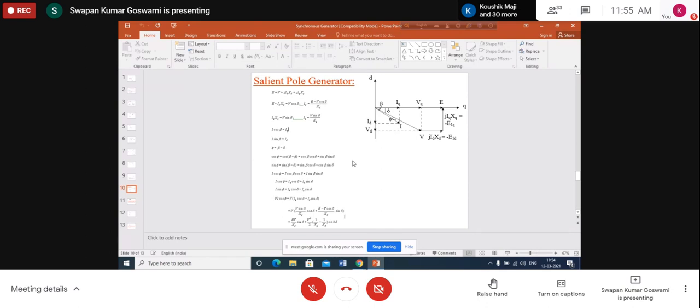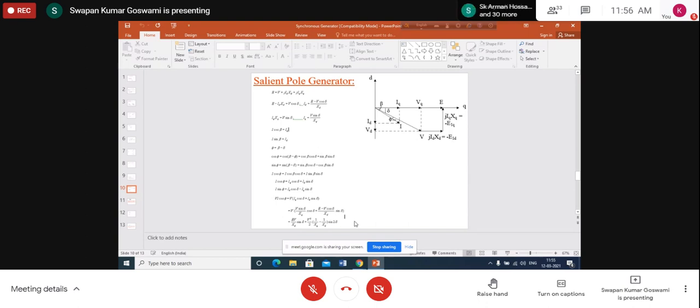Yes, sir. Okay. And the unstable operating zone is more. Somewhat less than 90 degree to 180 degree is the unstable operation zone. So, what is the difference? All other things are more or less the same, but the only difference is that the zone of stable operation is somewhat reduced in case of salient pole type machine. And the unstable operation zone is somewhat extended. তাহলে আমার অপারেটিং জোনটা একটু ন্যারো হচ্ছে, আনস্টেবল জোনটা একটু ওয়াইডার হচ্ছে। This is one difference.